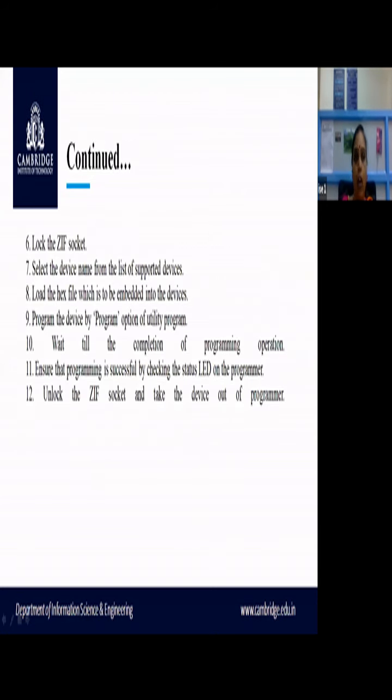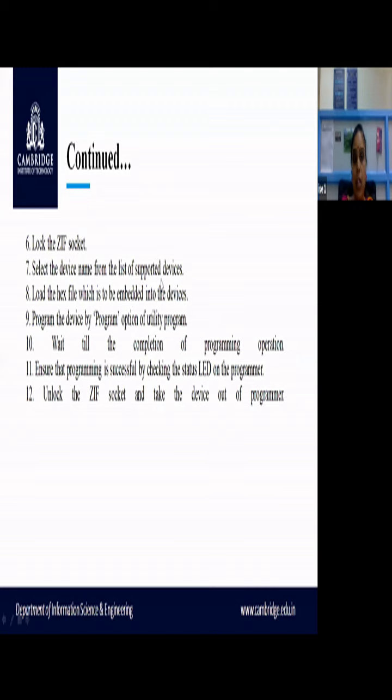So you're going to insert that particular memory device on this socket, and then you're going to lock it. Insert that device to be programmed into that open socket as per the diagram we have shown. Then lock that ZIF socket. So you should lock that knob.